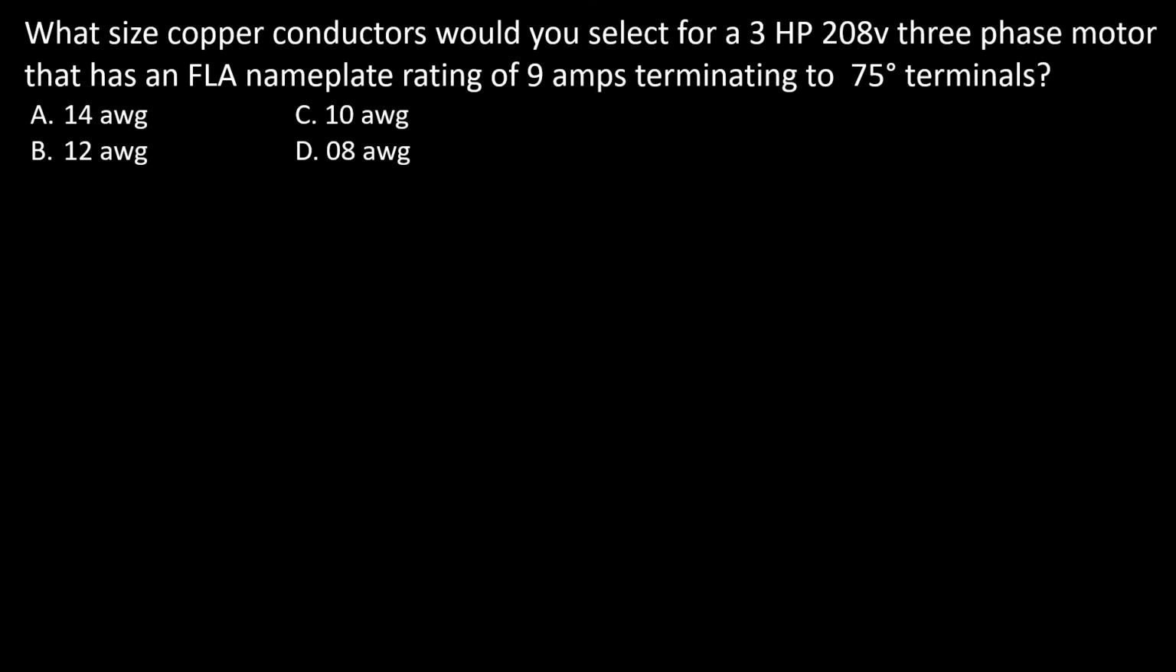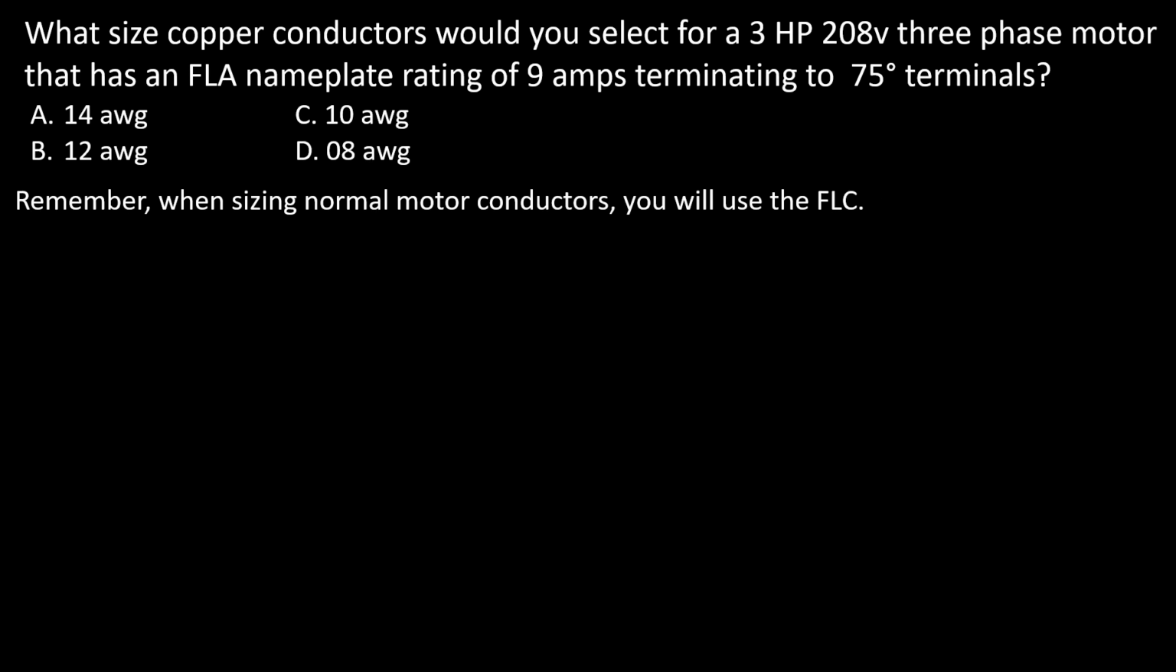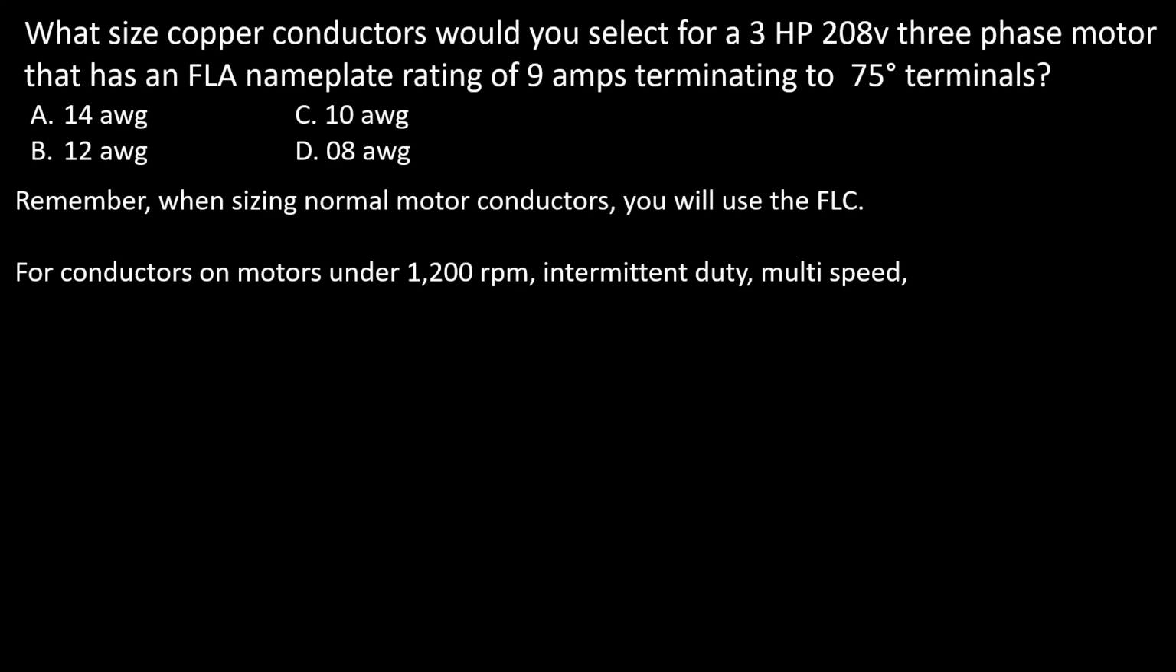What size copper conductors would you select for a 3 horsepower, 208 volt, 3-phase motor that has an FLA nameplate of 9 amps terminating to 75 degree C terminals? Remember, when we're sizing normal motor conductors, we're going to use the FLC. For motors that are 1200 RPM or less, intermittent duty, multi-speed, or for high torque, you will use the nameplate current rating. I just want you to have that in the back of your mind. This week, when you're dealing with normal motor conductors, we're going to use the FLC and not the FLA